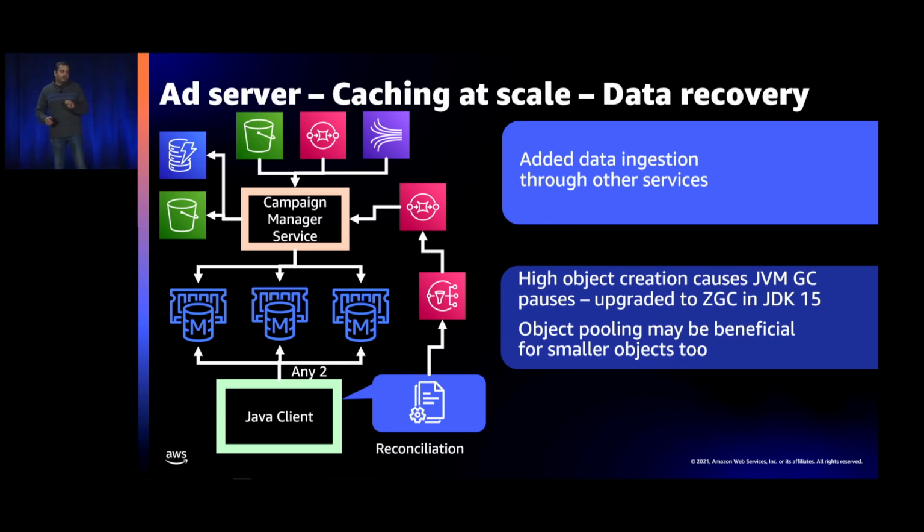A myth that we broke was, we focused on improving our object creation itself, garbage creation itself, and we started to pool these teeny tiny objects as well, against the standard advice that you should pool only large objects. At this massive throughput, at this massive scale, if you start pooling even the smaller objects, they could probably benefit you. See if JVM pauses are a pain for you.